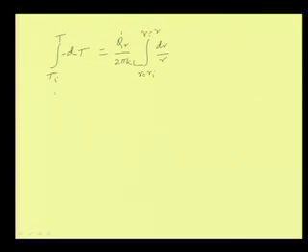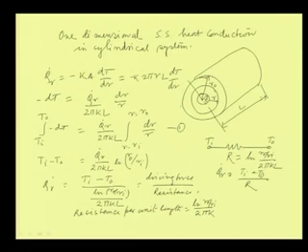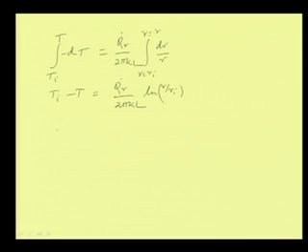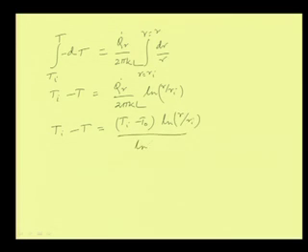If we do the integration, then what we are going to get is that T I minus T, in place of T O, and that is equal to Q dot R by twice pi k L into ln R by R I. We had been getting R O by R I; now, I will be getting R by R I. Now, the idea is that if we replace that Q dot R by twice pi k L from this side, we will get an expression for our temperature profile, and that will be like T I minus T will be equal to T I minus T O into ln R by R I divided by ln R O